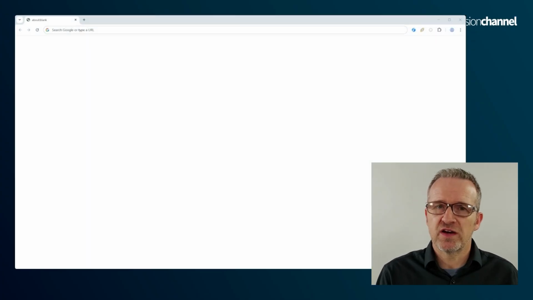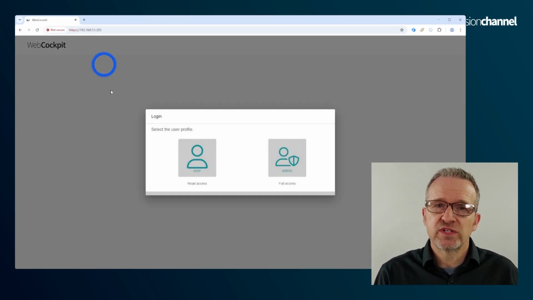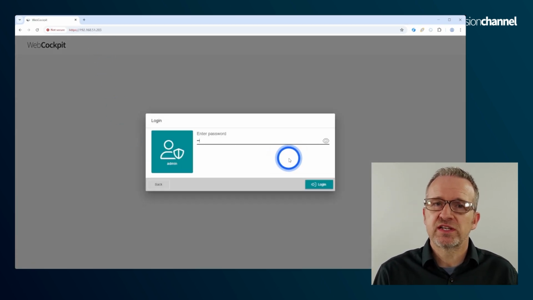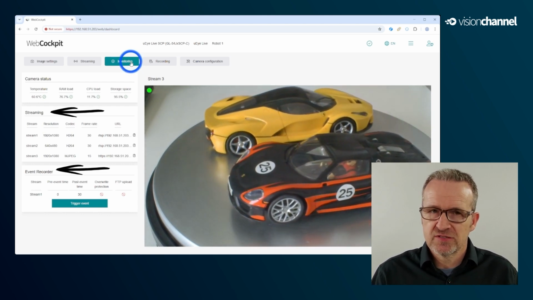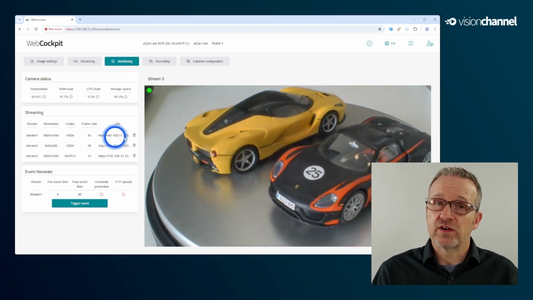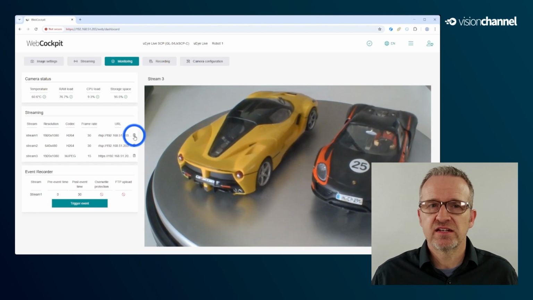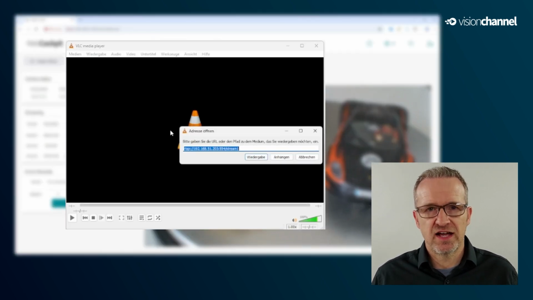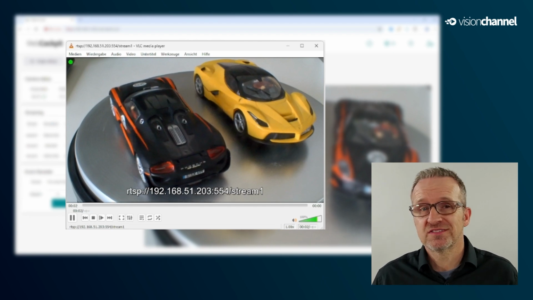But now let's take a closer look at the software extensions. And to do this, I open the web front end of my already running UI Live camera in a web browser. In the redesigned monitoring dialog, you can quickly identify the current streaming and recording configuration. So by copying a streaming URL, for example, you can quickly open a live view with the current streaming settings in a streaming client. I'll do this here with Stream 1 because we'll need this in a moment.